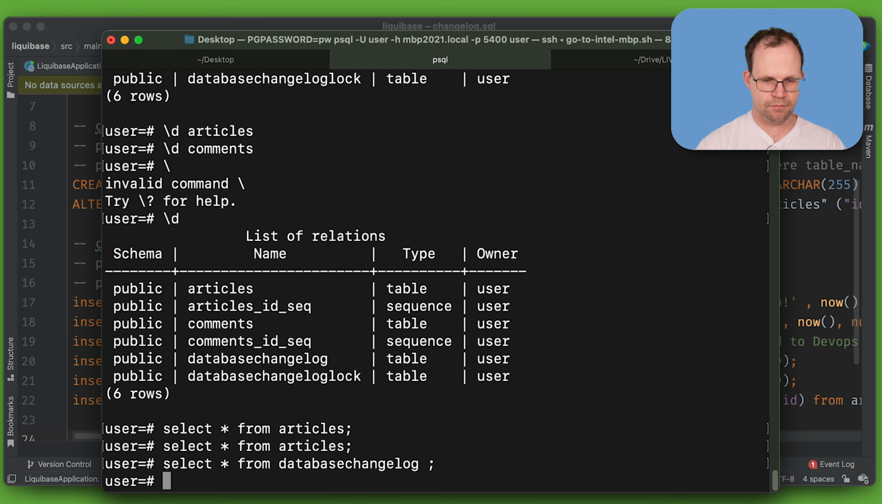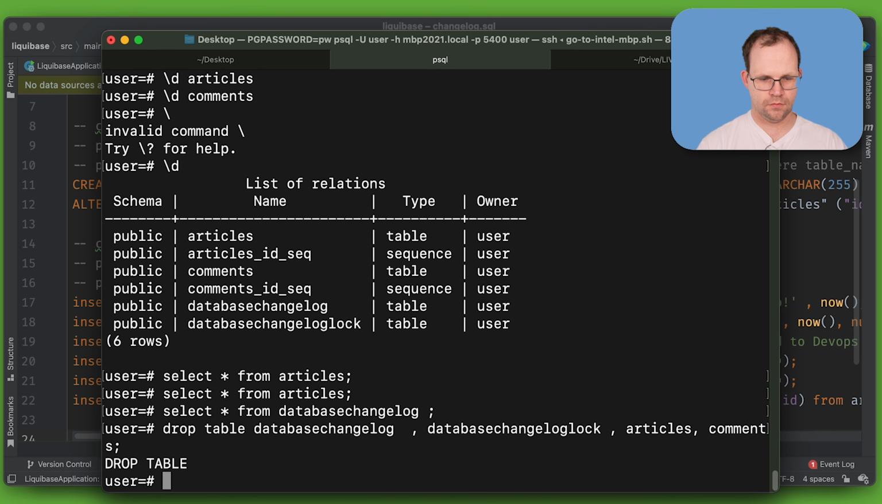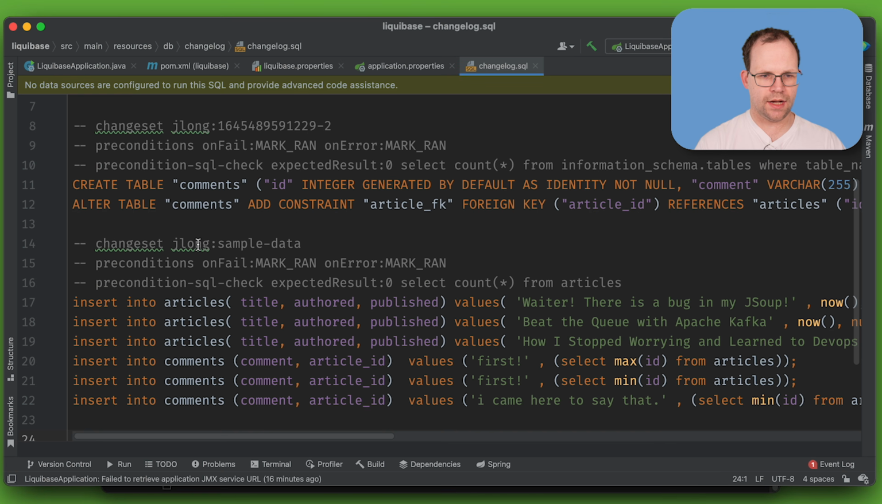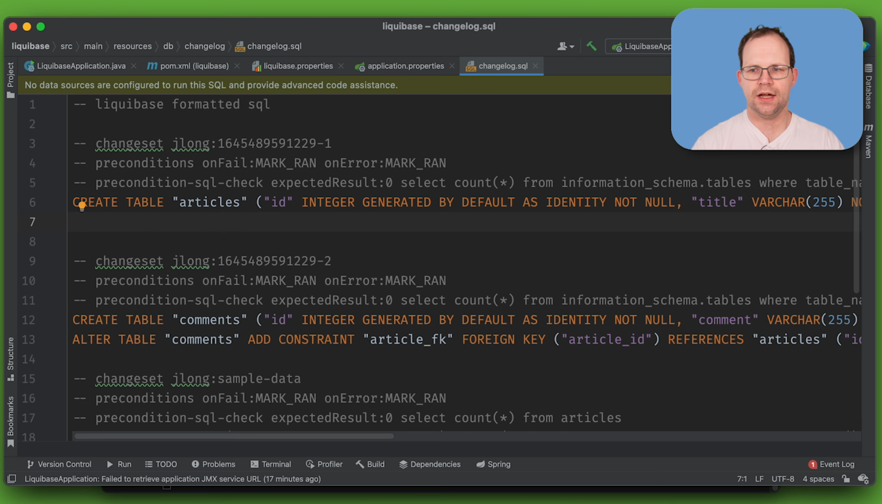Okay, let's reset everything again. So drop table, database change log, database change log lock, articles, comments. Okay, so we have nothing there. Now I want to rerun these changes, but I also want to provide a way to roll back. This is one of the most powerful aspects of Liquibase, this mechanism that allows you to specify how to systematically undo a change. Okay, so we're going to introduce the rollback stanza,